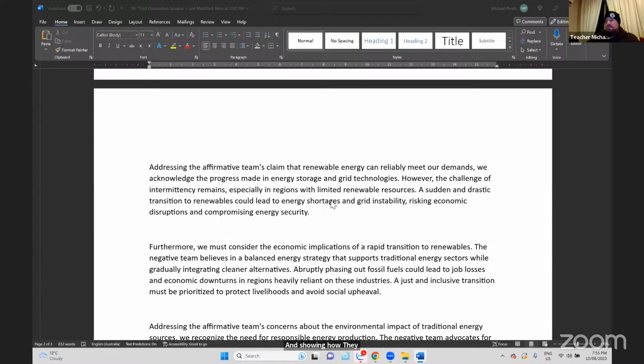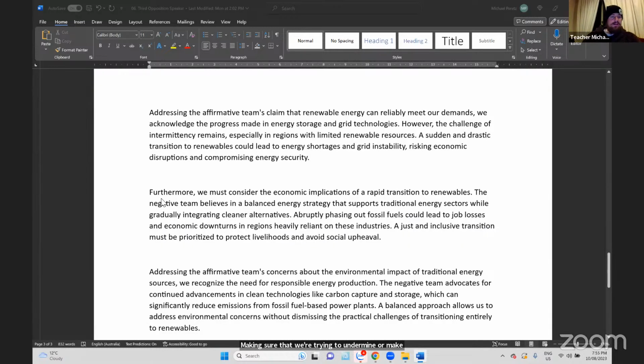So we've always got to be working towards that as the opposition team, making sure that we're trying to undermine or make weaker our opponent's case. Furthermore, we must consider the economic implications of a rapid transition to renewables. Here's their overall